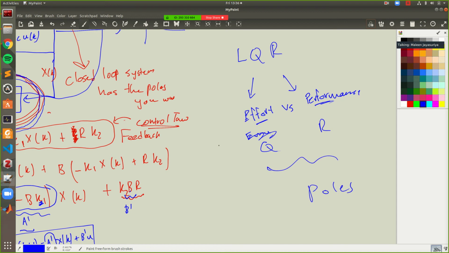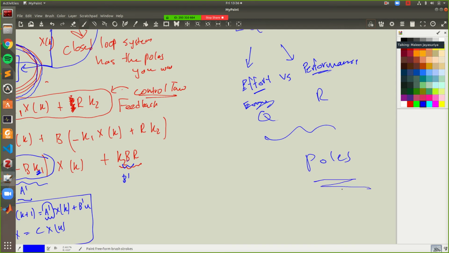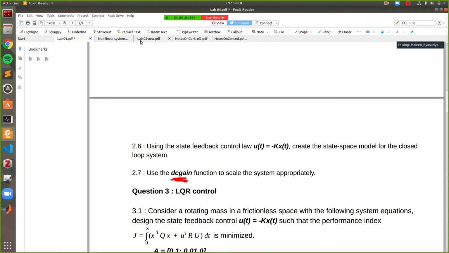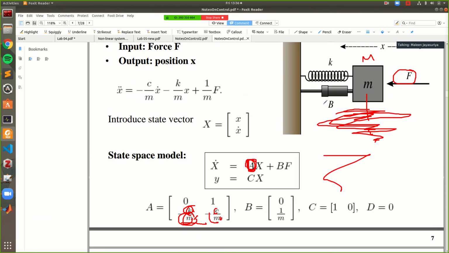Again, if you want to understand LQR control a bit more, you can check out last week's video where I did an example of bicycle riding, train riding, and helicopter, I think, and how that really affects everything. Because remember, these poles are ultimately relevant to what's inside your system, right? That is the mass, the spring constant, all that stuff. So it tells you how much energy you can expend and so on.